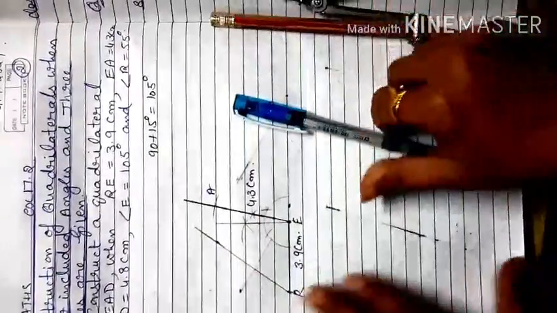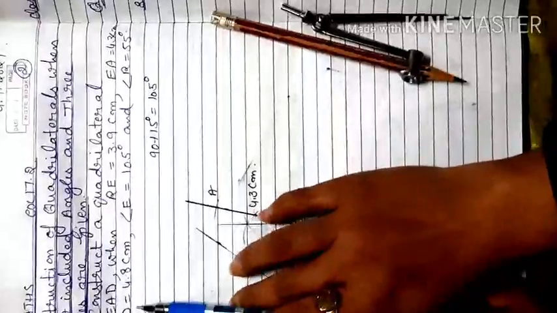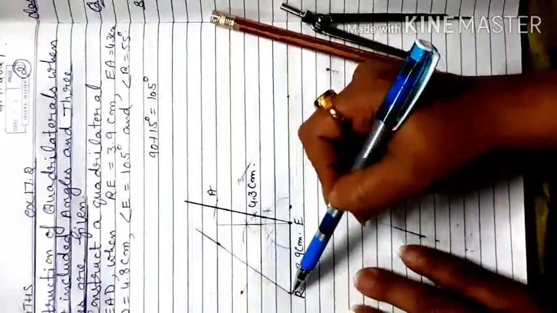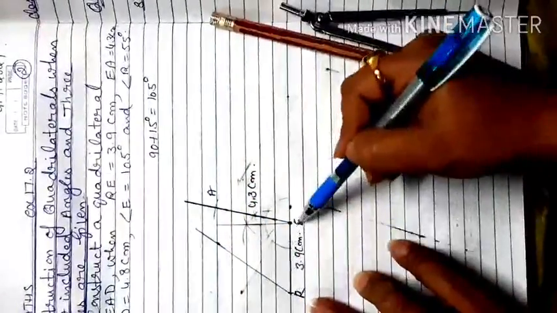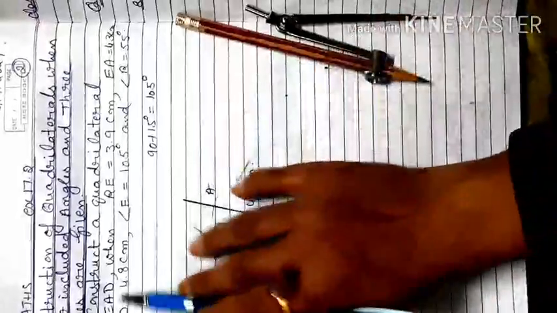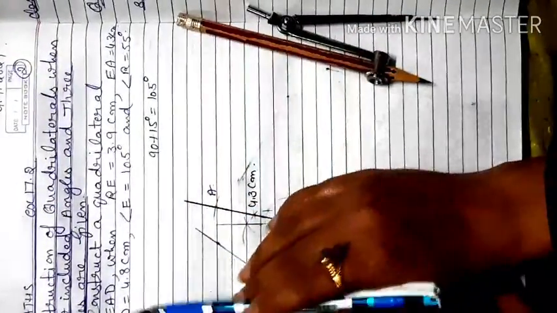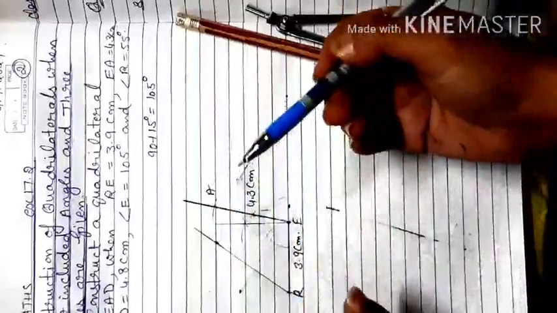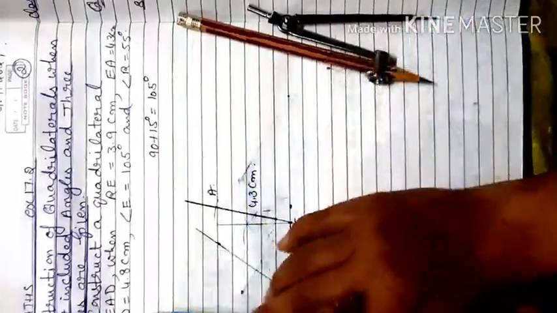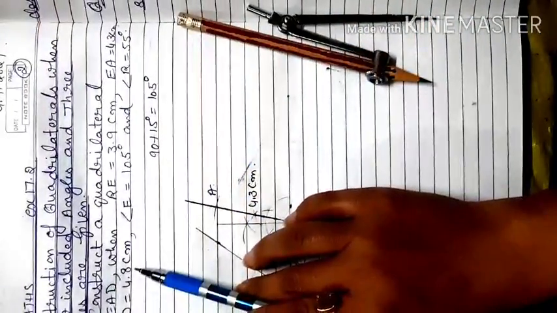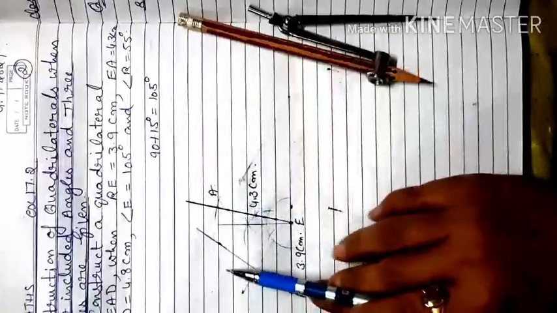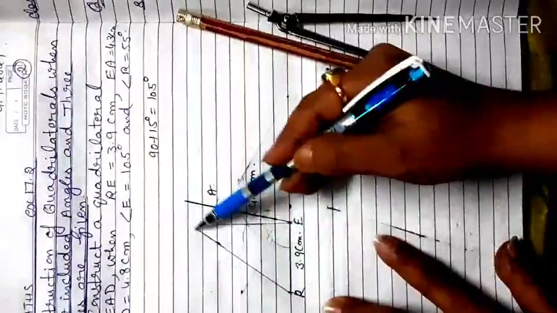For marking the point, because we have no measurement of R, after R, E, A the next alphabet will be D. So I have the AD distance given, but the RA distance is not given. So AD is 4.8 centimeter from A to D, wherever on this line,